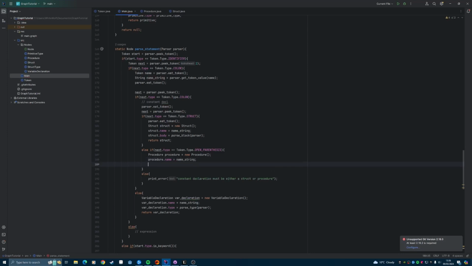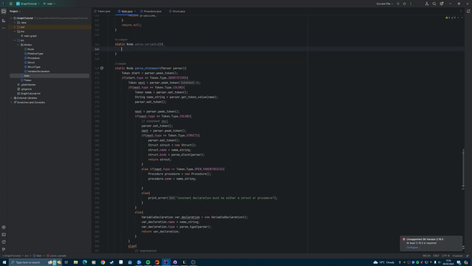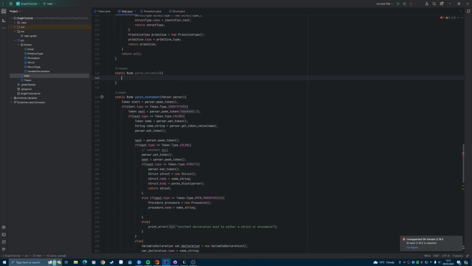Now we want to parse the arguments of the procedure, so we're going to make a procedure to do that. I'm going to call it static node parse variadic. This is probably going to be reused for some other things, but it's basically a general form where we're iterating